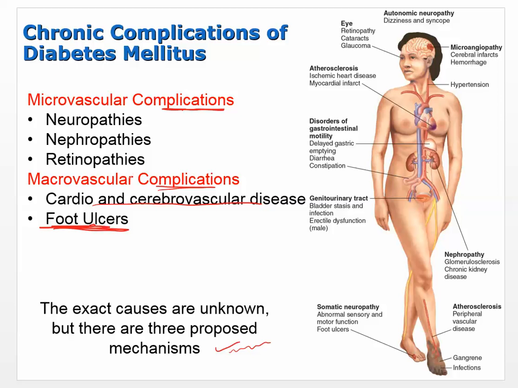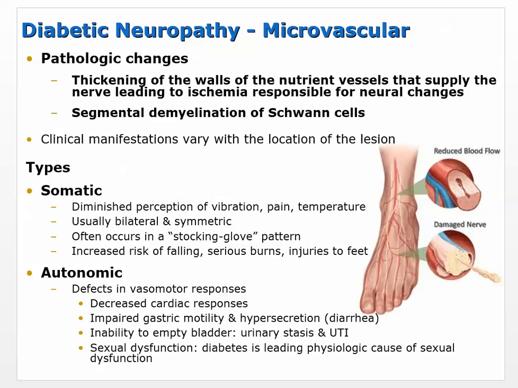It's causing damage primarily to blood vessels, and also to nerves. So, diabetic neuropathy. That tends to result from microvascular damage. Remember, neurons need a blood supply too. They need nutrients and oxygen. And they're supplied by very small micro vessels, very tiny capillaries.